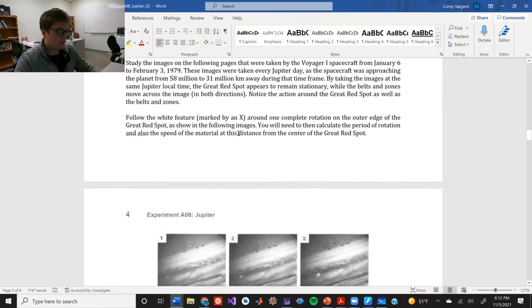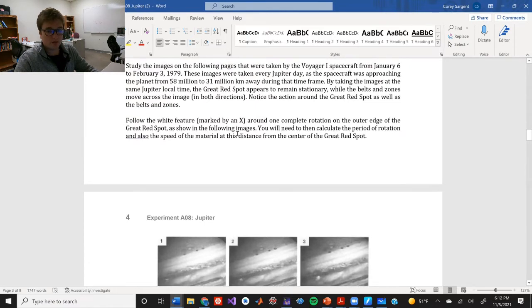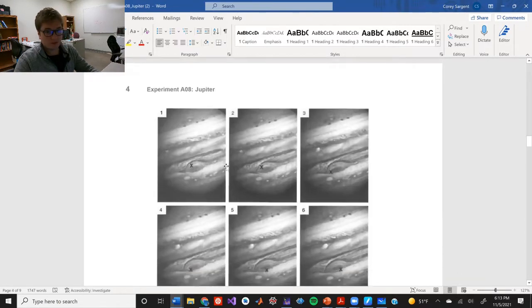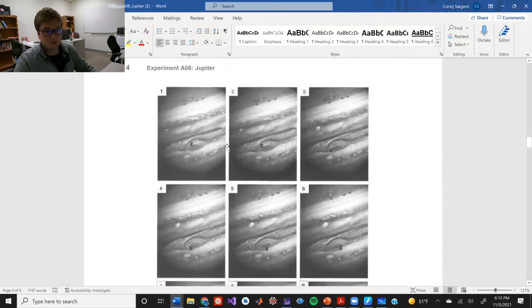They're on the same position every image. In this time period, which is about 28 Earth days, the Voyager spacecraft is taking an image every Jupiter day of the Great Red Spot. We'll make that more clear as we go to the questions. But on page 4, it's giving you 12 of these images, 12 of these total 60 images. All right, and these images are special because,